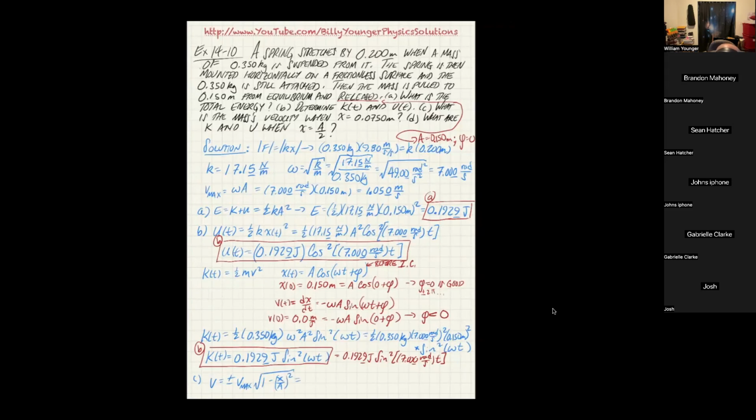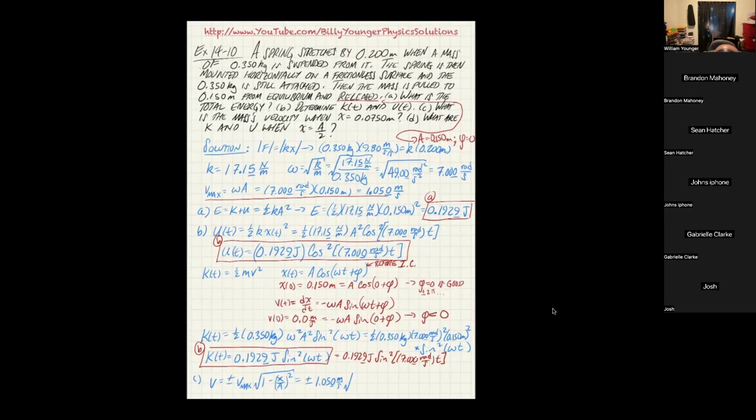So it's plus or minus, we already calculated v max. I'll remind you because I wrote it right here. So this is 1.050 meters per second